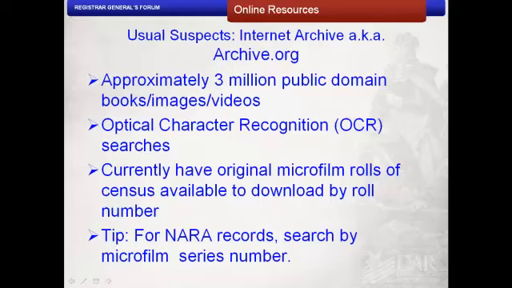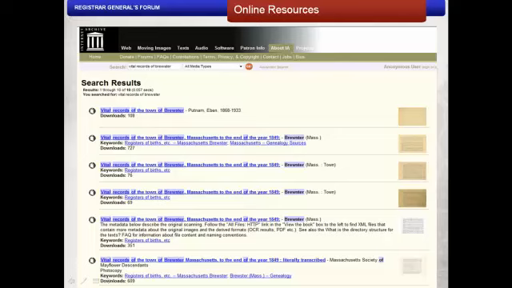They also have a partnership with several libraries including Allen County. Archive.org encourages collaboration, and many historical and genealogical societies have begun to upload their collections to this site. Searching is easy, and if you are looking for something like Vital Records of Brewster, you can search for just that and it will be the first hit.